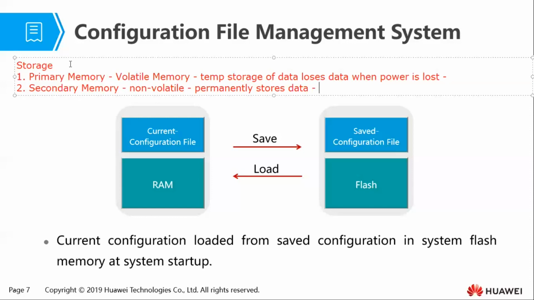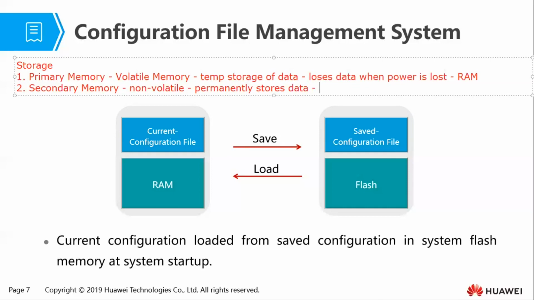Okay, so the storage devices in a computer, we have what we call the primary memory and secondary memory. The difference being, one is volatile and one is non-volatile. Volatile means when you lose power, the data that has been stored in that memory is lost. So with primary memory, we normally store temporary data. Most of the time, we use the random access memory as the primary memory, RAM. Then secondary memory is non-volatile, it permanently stores data. Even if power is lost, it's still able to maintain the data that has